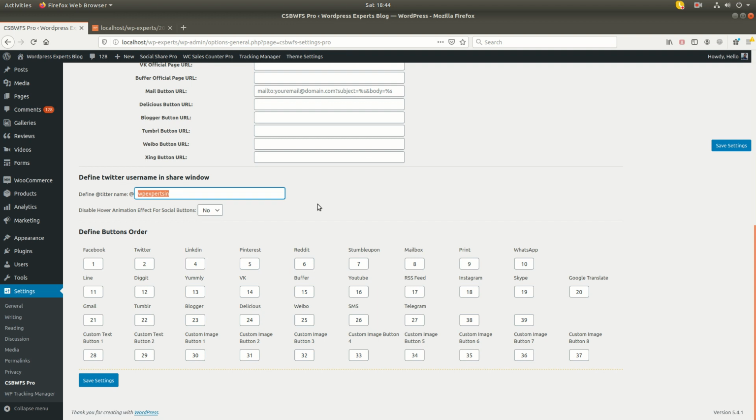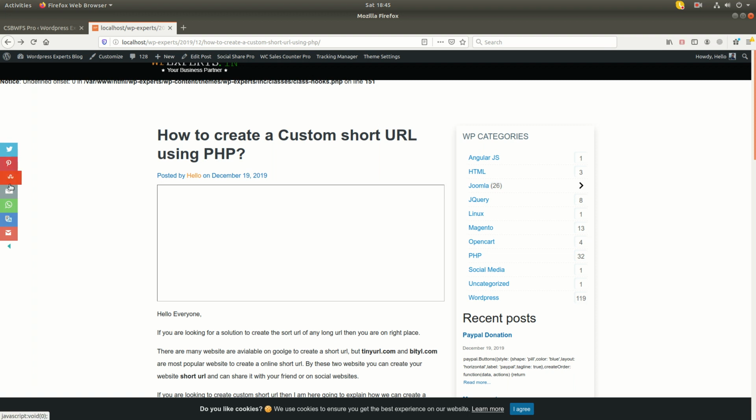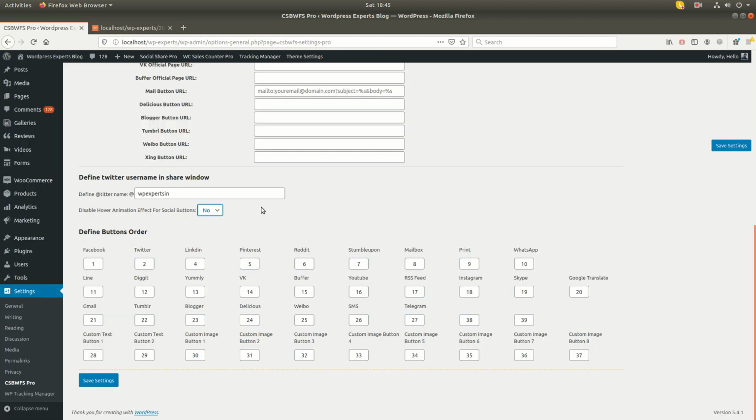And we have given the hover disable feature for the social button, disable hover like this one. You can set it to enable the hover settings. And here we have defined the option to define the ordering of the buttons.